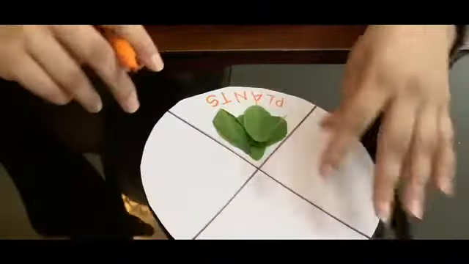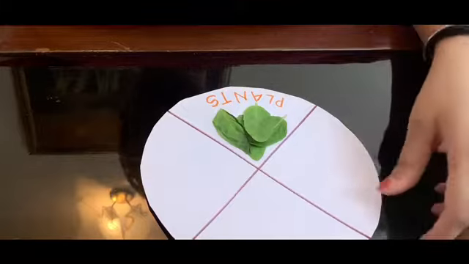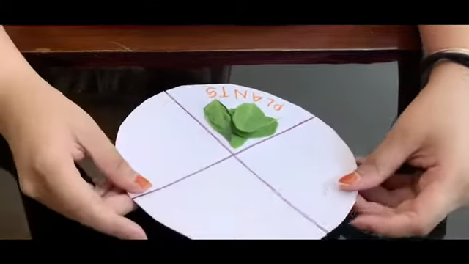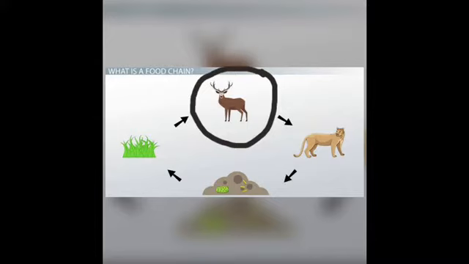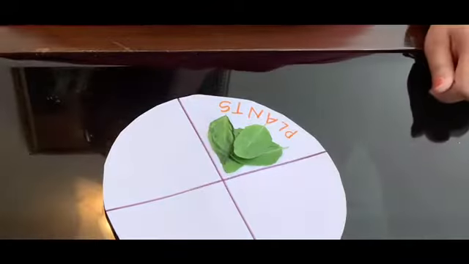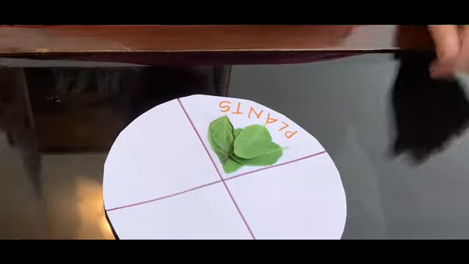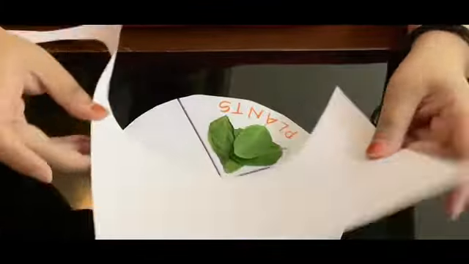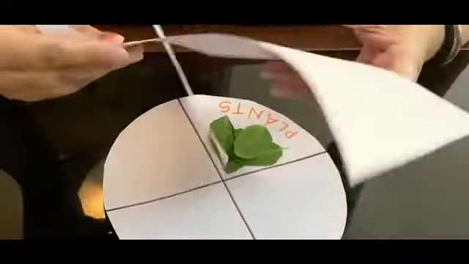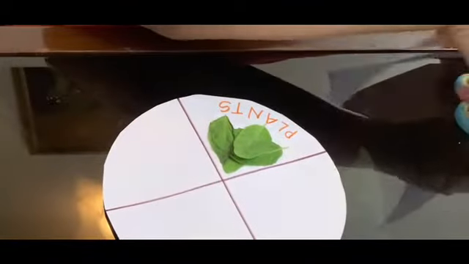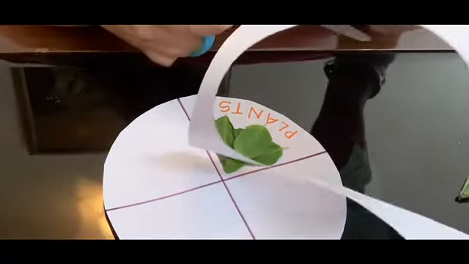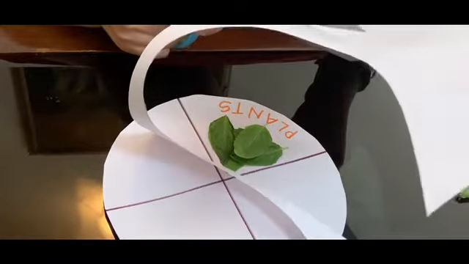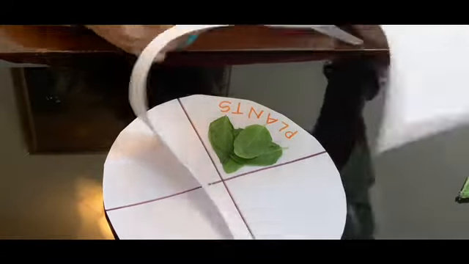Okay, now let's make the second stage. The second stage is, now you will see a deer comes and eats the plant. Species that eat only plants are called herbivores. Now to make a deer, what you have to do is, you again have to take a white sheet. So I'll take the left out cutout of my white sheet and I'll just cut it in a rectangle like this.